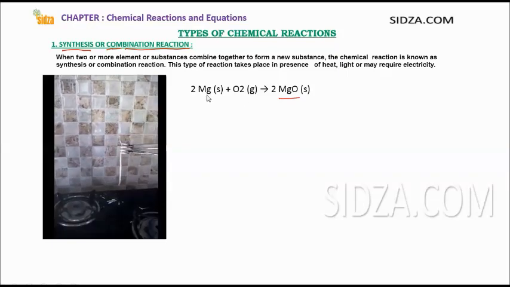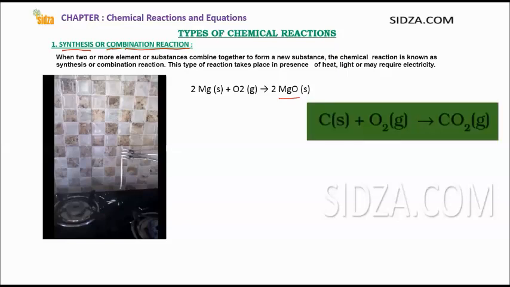Again, this is a combination reaction. Magnesium reacts with oxygen, but this reaction normally needs heat initially to take place. That's why I'm burning it, giving it an ignition temperature, and once it gets the ignition temperature, it forms the magnesium oxide. The other reactions are